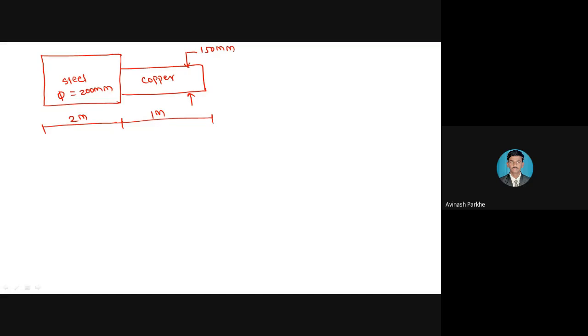So the copper and steel shafts are rigidly connected to each other. Therefore this particular construction is called a compound shaft. You can see the copper has a separate diameter and separate length. This copper is connected to the steel shaft having diameter 200 mm and length 2 meter. This combination is called a compound shaft, or the two shafts are connected in series.